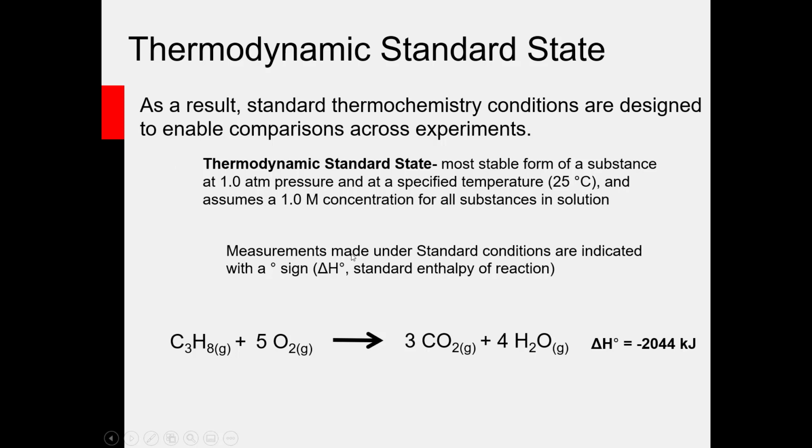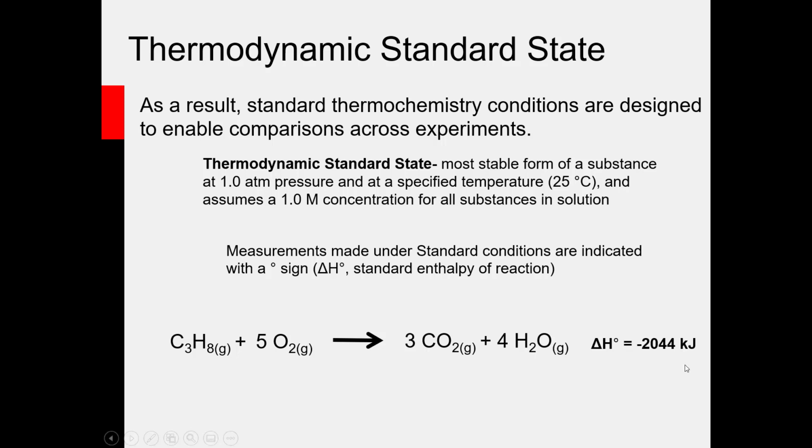If you're looking at measurements made under standard conditions, your enthalpy, delta H, will have a degree sign next to it, and you read it as delta H naught. We call that the standard enthalpy of reaction. So for instance, if you see a thermochemical equation that says 1 mole of propane in the gas phase is burned in the presence of 5 moles of O2 in the gas phase to give 3 moles of CO2 in the gas phase and 4 moles of H2O in the gas phase, delta H naught for this reaction is equal